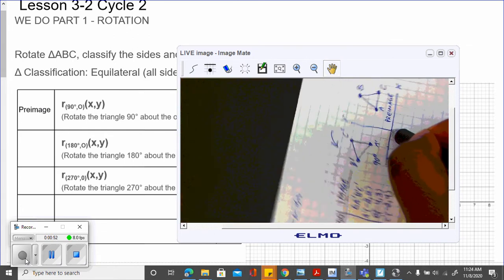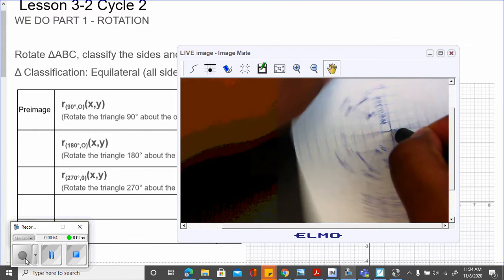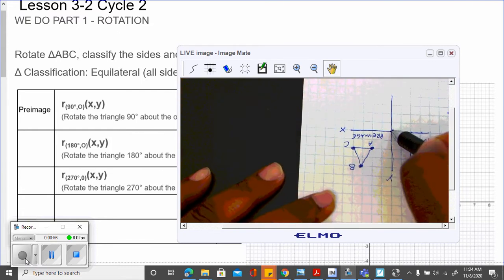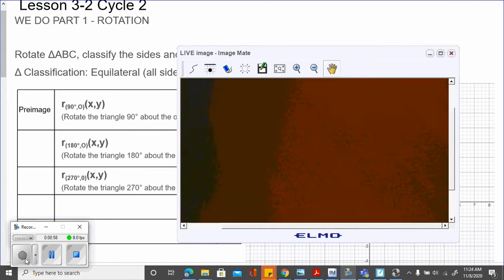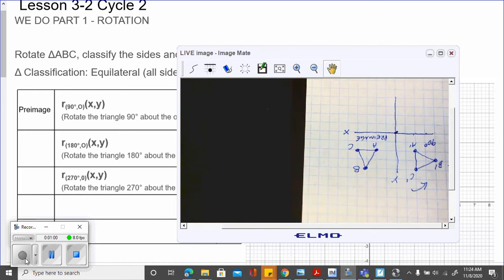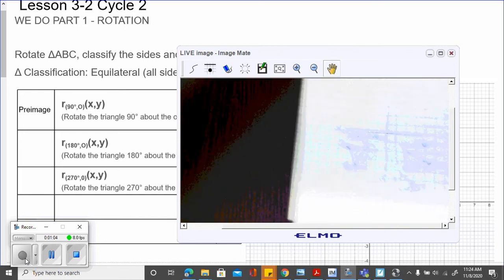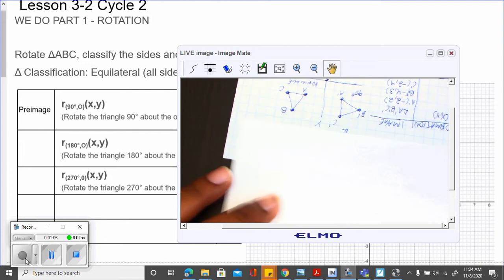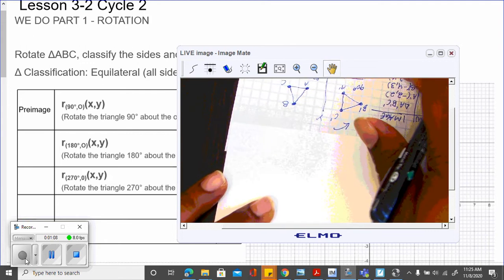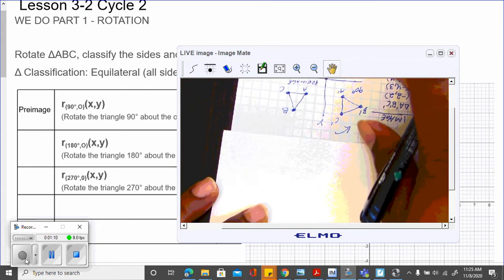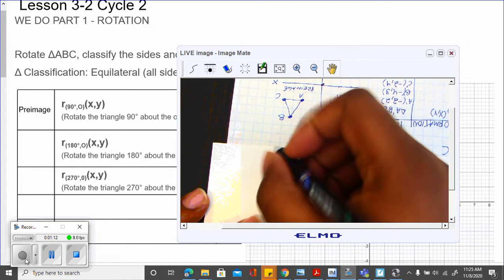Place it, rotate your entire sheet. This was 90 degrees, and this is 180 degrees. And do the same thing. Read the coordinates straight off your graph from where your pre-image is now. So looking at our graph, we can see straight from our graph,